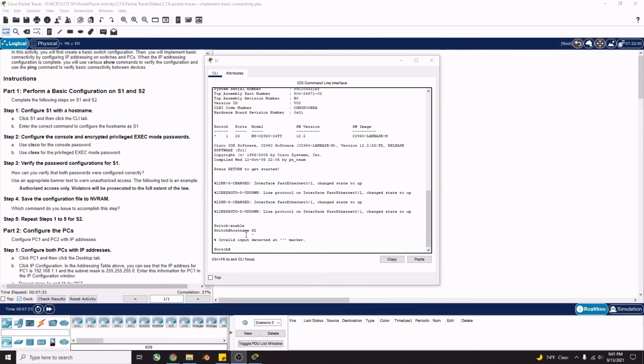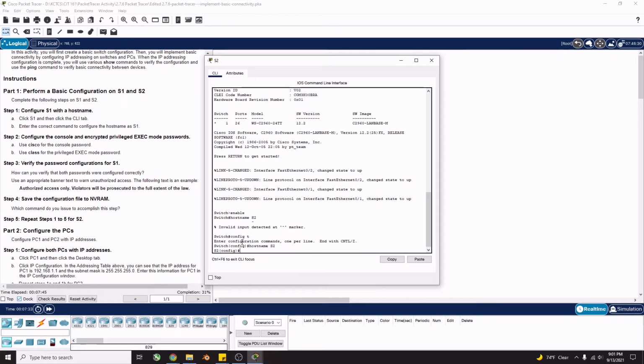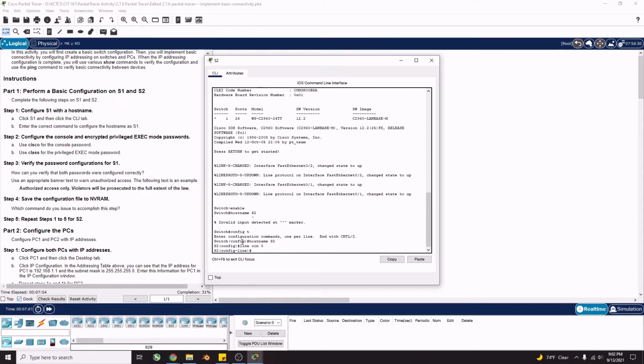Oh, and here I got an error. It says right here. That's just because I forgot to go into the config T mode. Config space T, hit enter. Then we'll do hostname space S2, and that's the name, switch 2. Type in line con 0, enter,